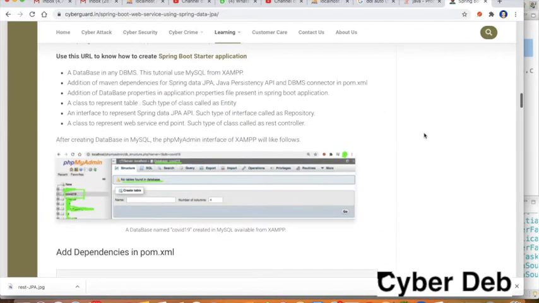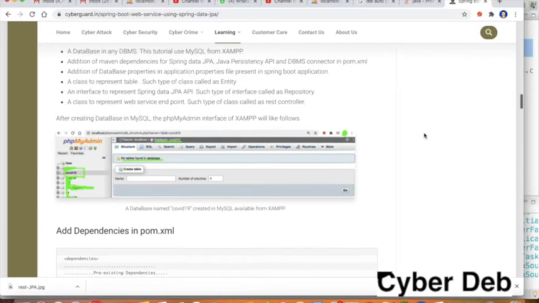Now for this discussion, as I said, we are going to use MySQL. MySQL is part of XAMPP. XAMPP is a product of Apache, containing the Apache server as well as MySQL, so that is going to be used in our project. You can use MySQL directly from Oracle also, but I feel comfortable with phpMyAdmin, which is there in XAMPP.